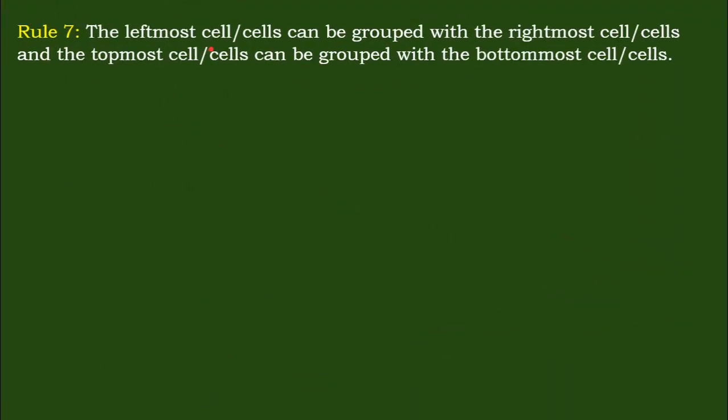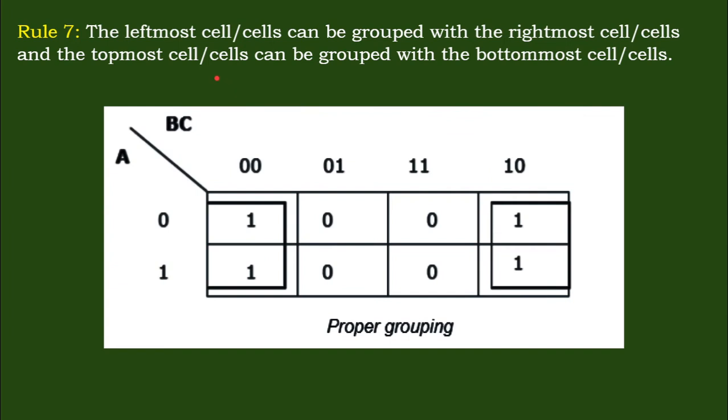Rule 7 says the leftmost cell or cells can be grouped with the rightmost cell or cells, and the topmost cells can be grouped with the bottommost cell or cells. This is called rolling of the map. The previous one is the overlapping of the cells, and this is the overlapping of the cells by rolling the